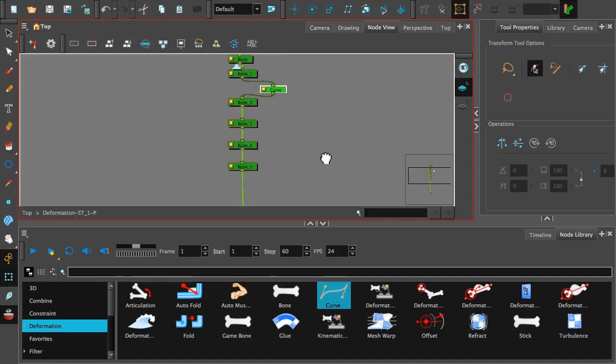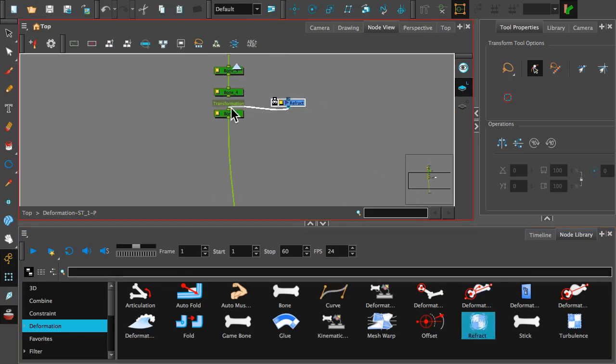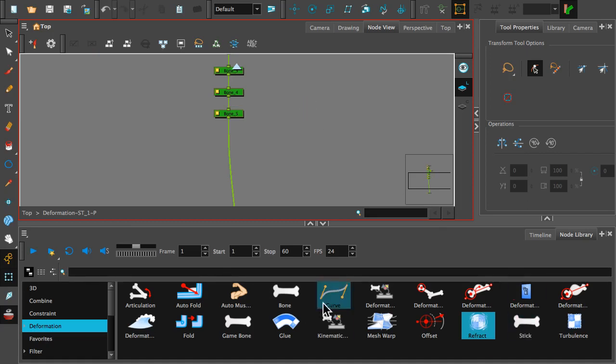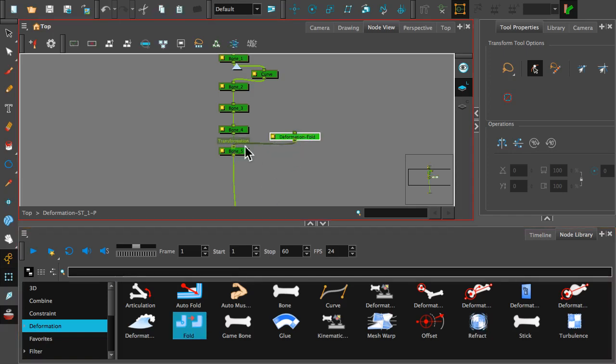If I add in retract, that's kind of interesting, so I'll drop that in there. Oh no, retract has to go out to a composite. Sorry, can't use retract. Let's get rid of it. You can add in things like folds. So folds are quite interesting. If you've got a point in your bone where objects get quite tight, so I think down here, the bones 4 and 5, you can add a fold in, and folds are quite interesting because what they basically do,